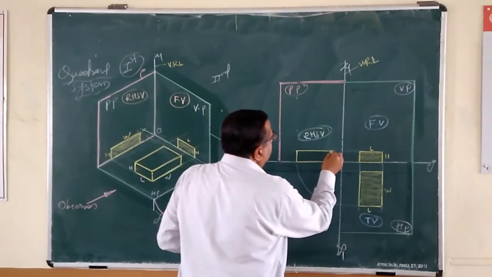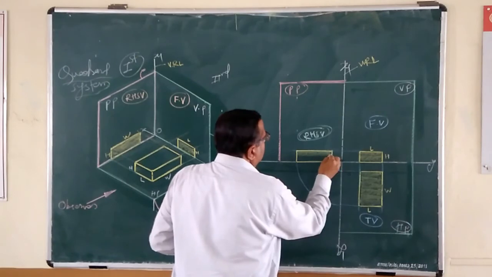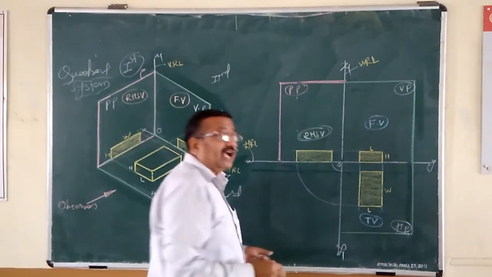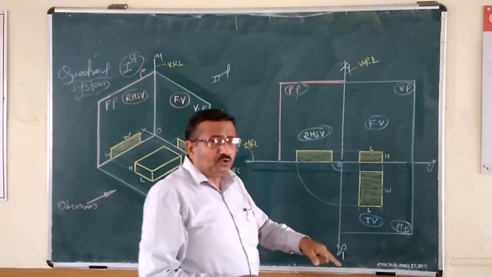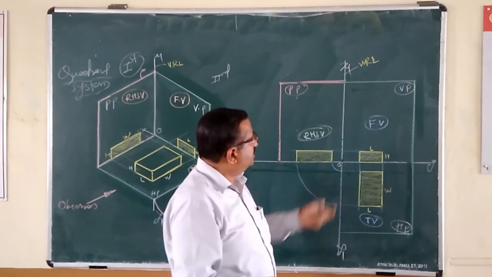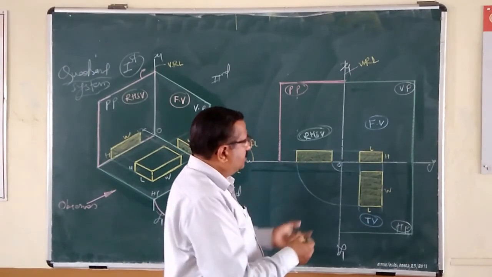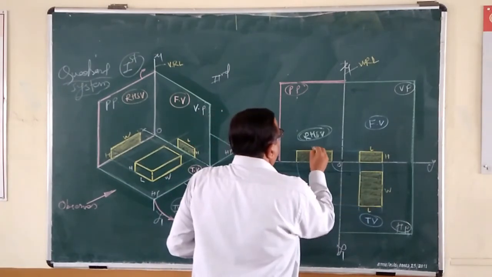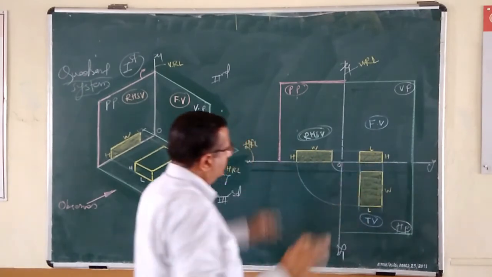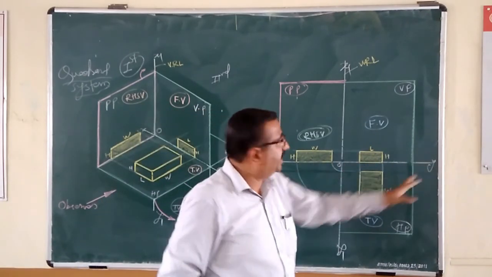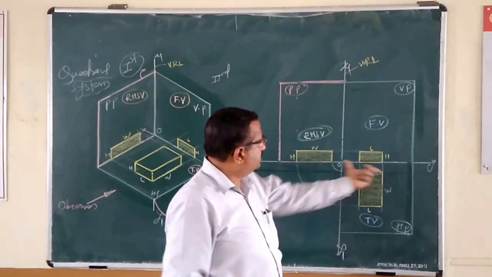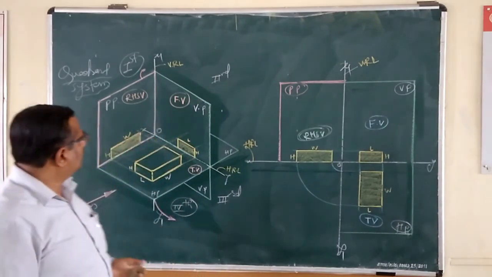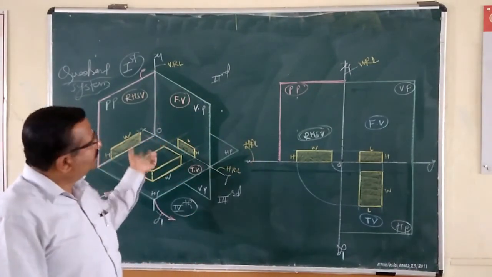Okay, so in this way we have converted the three-dimensional view, or three-dimensional object, or three-dimensional picture, also called the isometric view, into two-dimensional orthographic views: front view, top view, side view. Front view is carrying L by H, top view is carrying L by W, and naturally side view is carrying W by H. This is HRL, XOY, and X1 O Y1, VRL. Horizontal and vertical reference lines, whatever those are created, that also we have discussed. This is all about conversion of 3D into 2D, that is, isometric view into orthographic view.